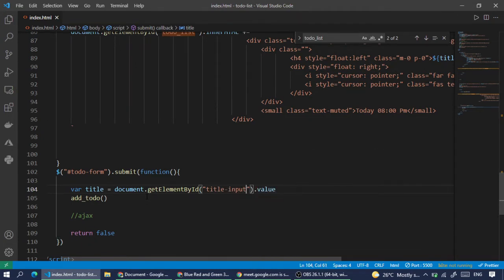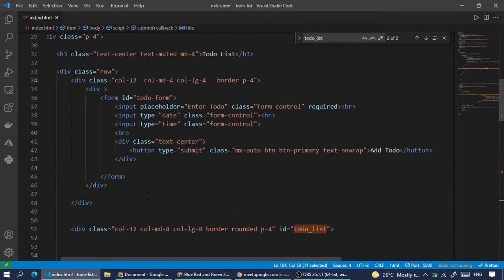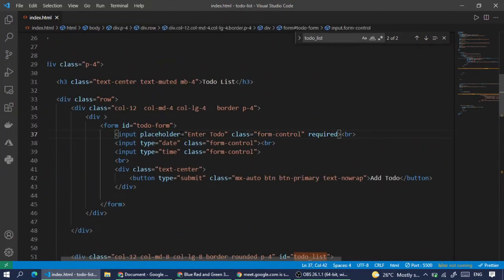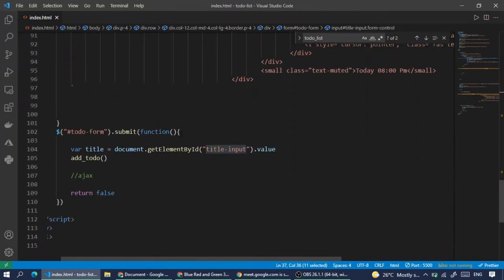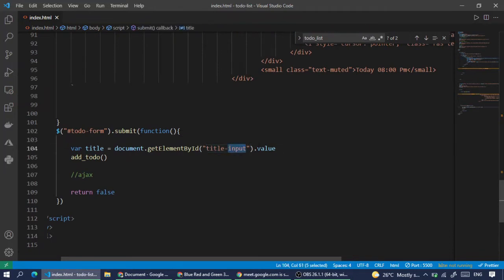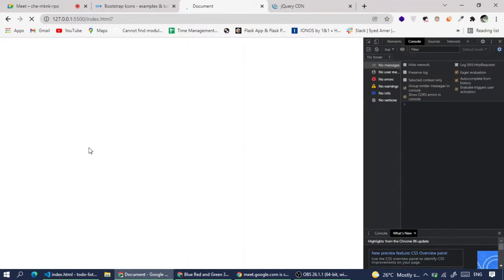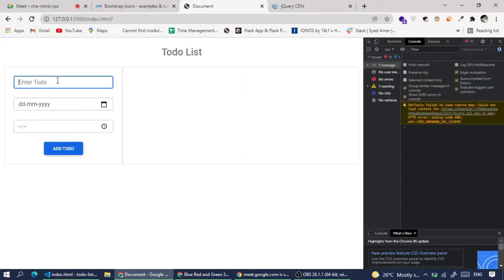We are having one input here. Let's give this an id. For this input, we are going to use id equals title so that we can access its content in JavaScript. So title input dot value will take whatever the user has typed. So let's try again. I'll add something like play.